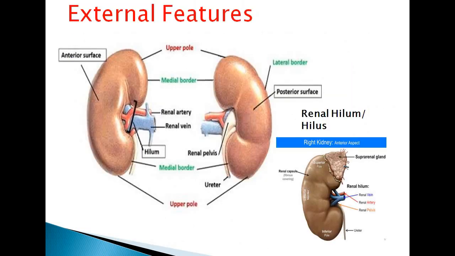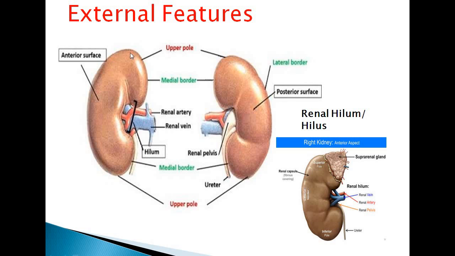The external features of the kidney: it has two poles, two borders and two surfaces. The two poles are the upper pole, which is broad and overlapped by the corresponding suprarenal gland, and the lower pole, which is pointed. The upper pole is 2.5 cm lateral to the midline. The lower pole is situated 7.5 centimeter lateral